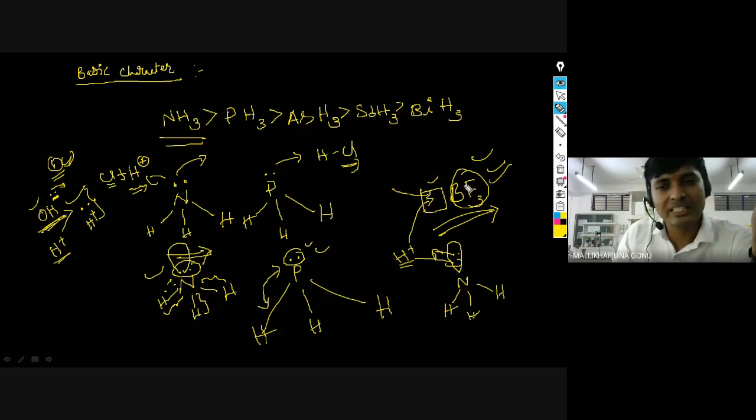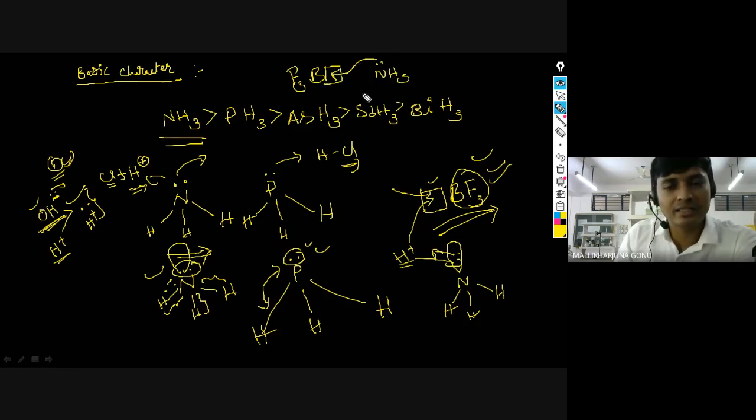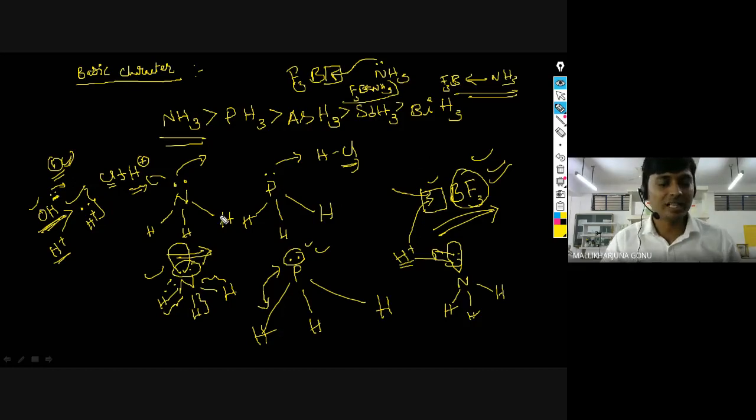So here also this NH3 easily gives the electron pair to the BF3. BF3 has an empty orbital. If you write the electron configuration, after the class you try to see why it has the empty orbital in the case of BF3. So this lone pair of electrons can form a bond, and BF3 and NH3 compounds can be formed. This type of bonds we have written. So that's what the meaning of basicity is.